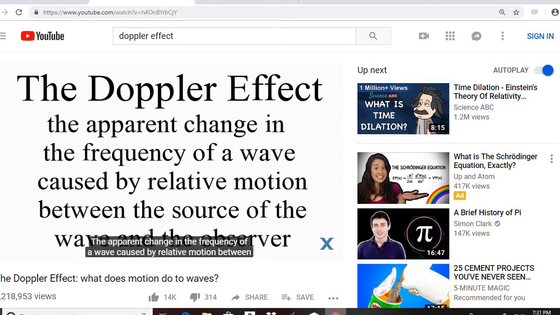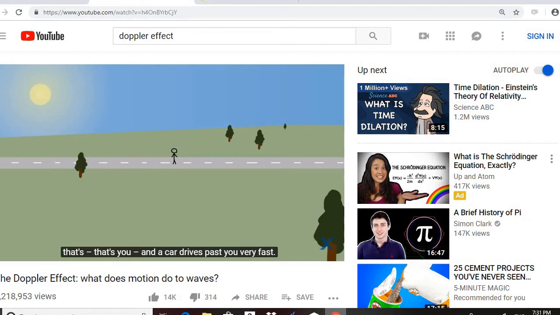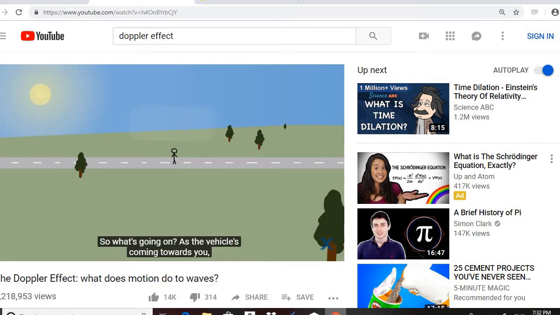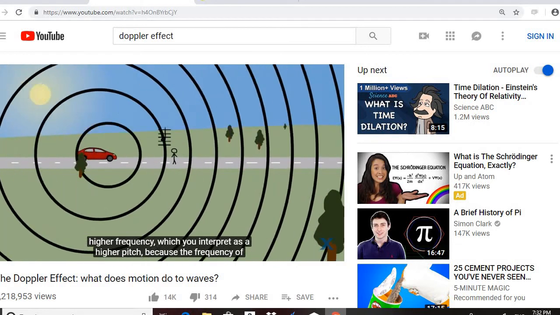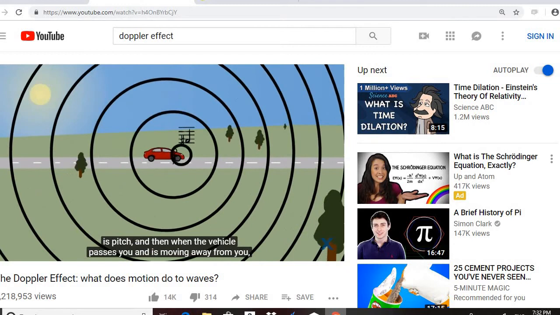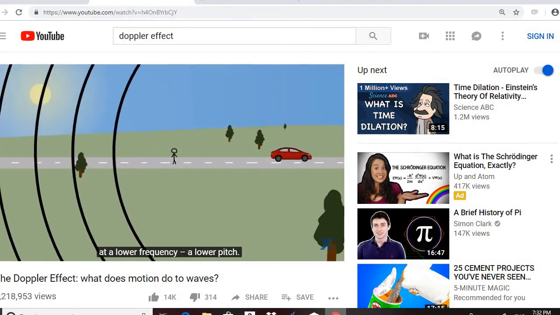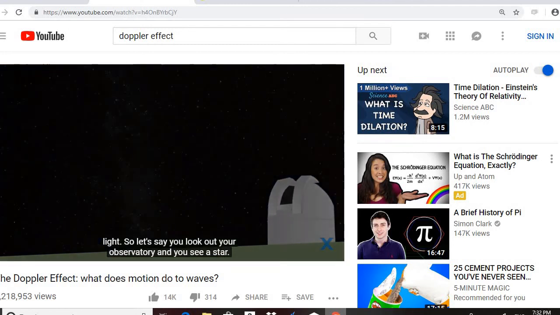The apparent change in the frequency of a wave caused by relative motion between the source of the wave and the observer. It makes sense, but it gets interesting when you consider some of its applications. So let's say you are standing in the middle of a road. That's you, and a car drives past you very fast. As it does so, it honks its horn, because you're standing in the middle of the road. The horn to you might sound something like this. So it starts at a high pitch and moves to a lower pitch, even though from the driver's perspective, the horn is playing the same pitch the entire time. So what's going on? As the vehicle's coming towards you, the sound waves that it's emitting bunch up, and so are delivered to you at a higher frequency, which you interpret as a higher pitch, because the frequency of sound waves is pitch. And then when the vehicle passes you and is moving away from you, the sound waves spread out, and so you hear them at a lower frequency, a lower pitch. So that's how the Doppler effect works with sound. It also affects another kind of wave, light. So let's say you look at your observatory and you see a